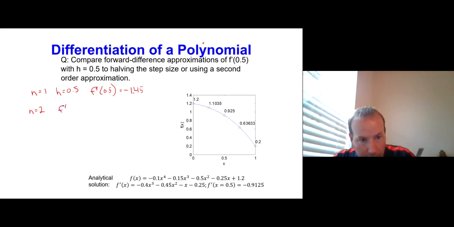We'd say that f prime at 0.5 is given by negative f of x i plus 2, which is at 1.5, plus 4 f of x i plus 1, and that's given as 1.0, minus 3 f of x i,